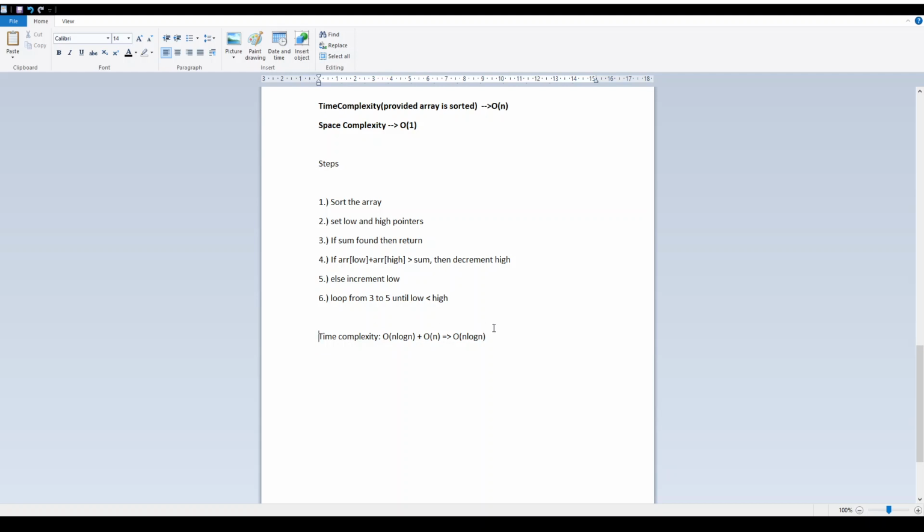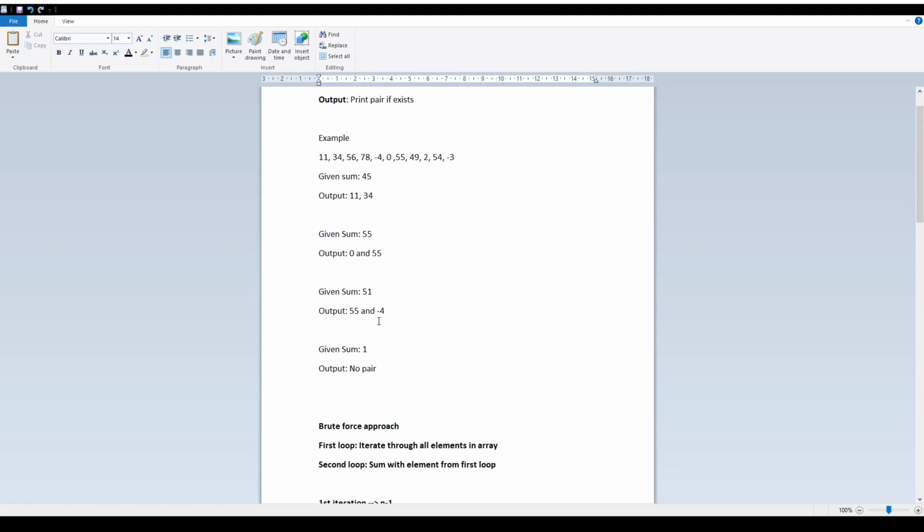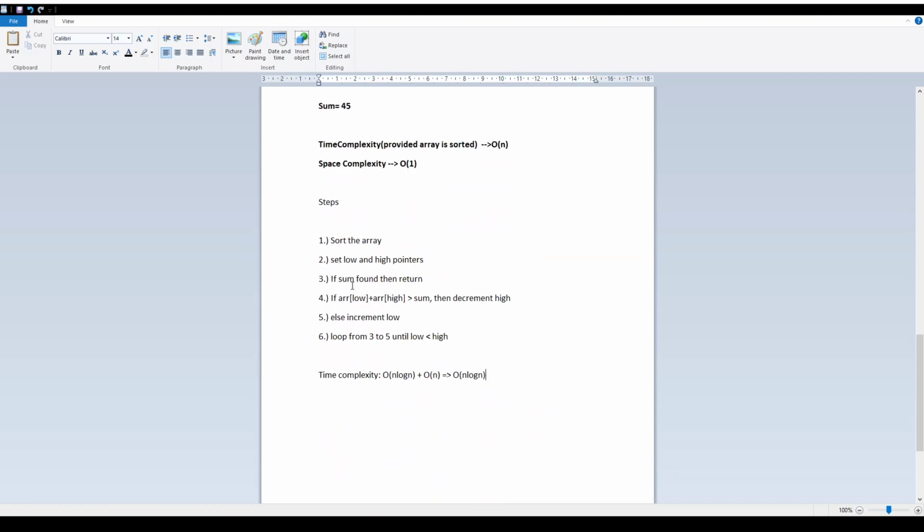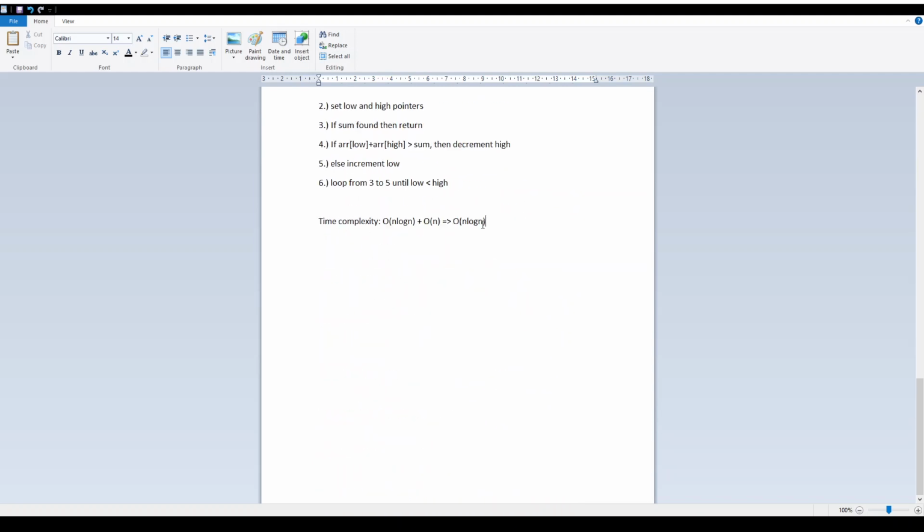This is the final time complexity. So we were writing a function to find a pair with a given sum in a given array, and we have to just find whether the pair exists or not.